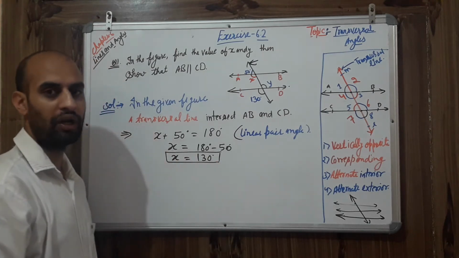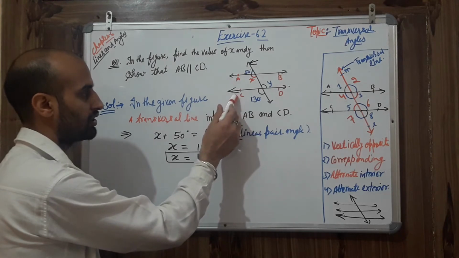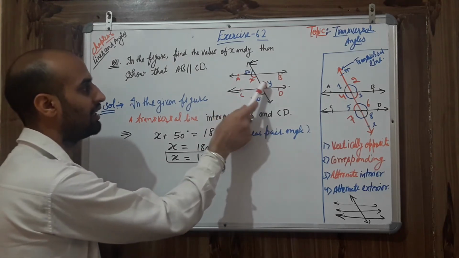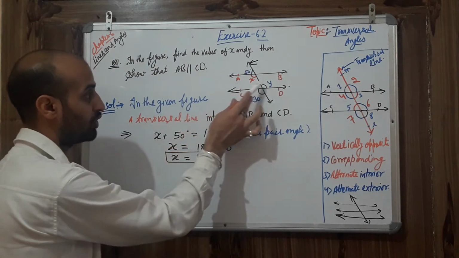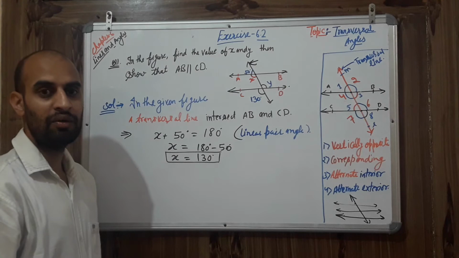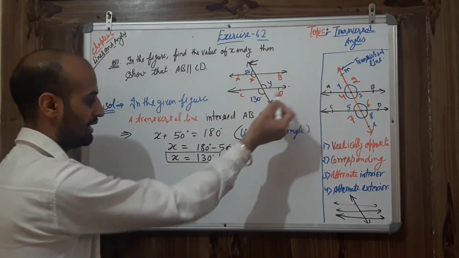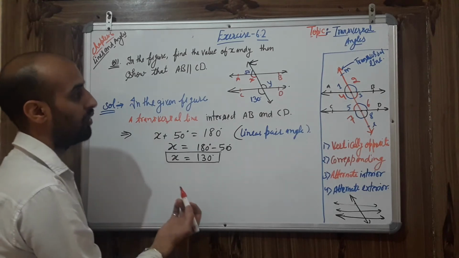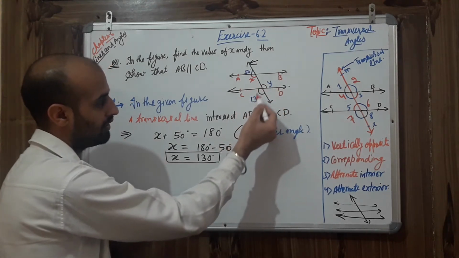And one more important thing that I want to clear you, if these two lines are parallel to each other, that means their alternate interior angles should be equal. So from this question, if we are able to prove x is equals to y, so we can say it is proved that AB is parallel to CD. So let's see the second step. Now come to the second point, this point. Check this 130 and y.